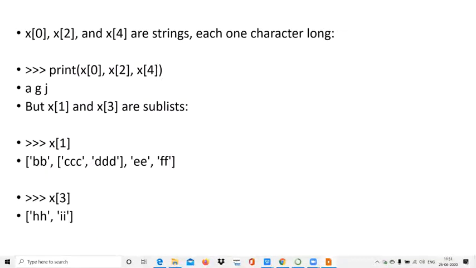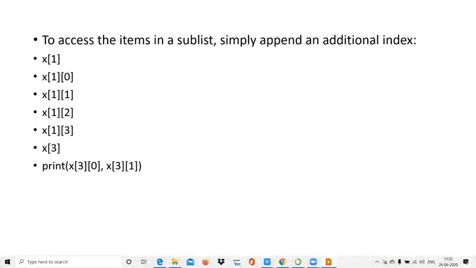What I saw in this notebook, that example is here. They have taken some elements and printed them, showing how the dimension increases. To access the item in a sublist, simply append an additional index. If nesting is up to 4 levels, use 4 square brackets to access the element. Like this we can do.